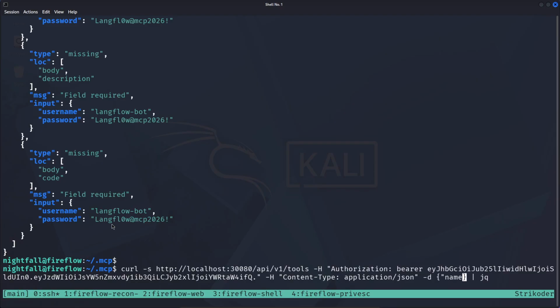Maybe name is gonna be strikecoder. Then description is gonna be ref. Code is gonna be,